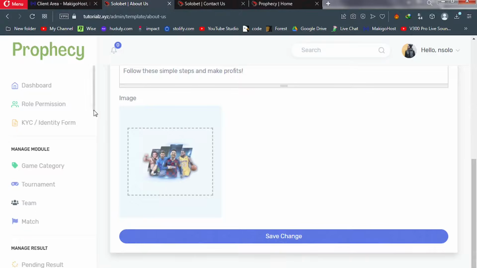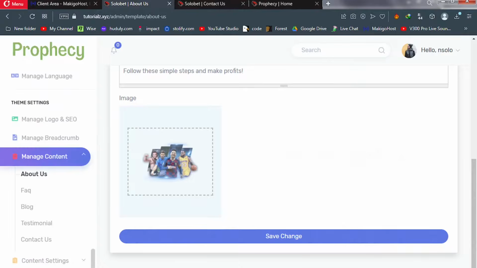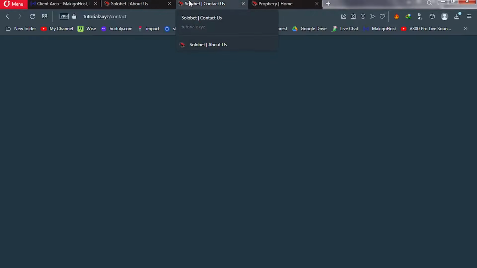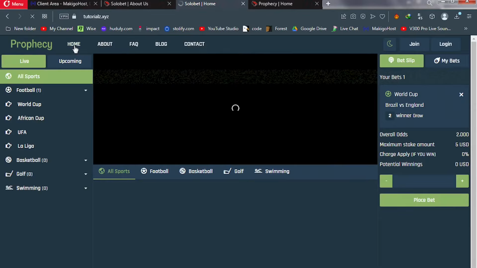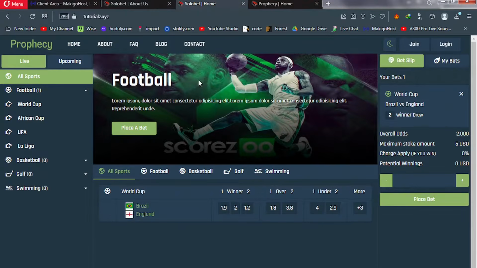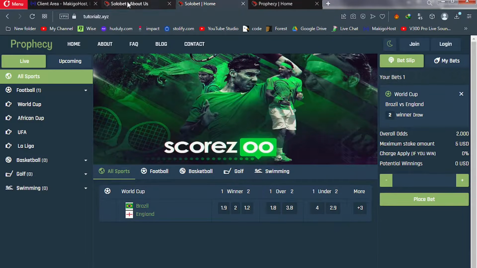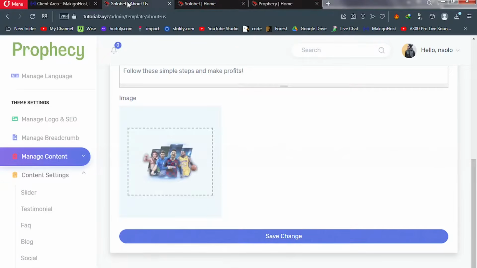Scroll down and we're going to click on content settings and we have slider. Now this is where you put the actual content. So now let me explain to you what I'm talking about. I'll take you back to the site. Go to home and here there's an image slider. That's where you replace it. So just go back here and then click on slider